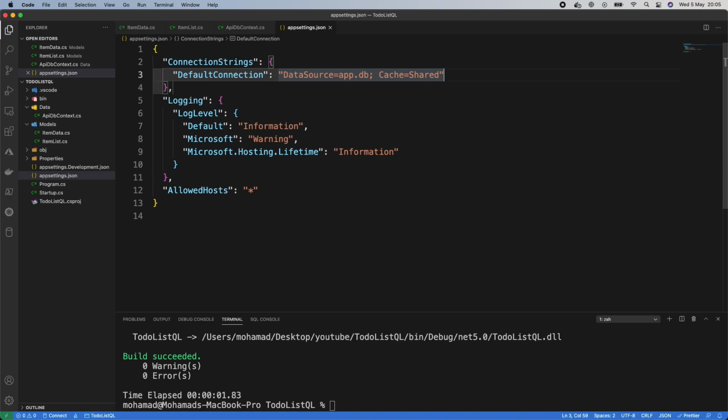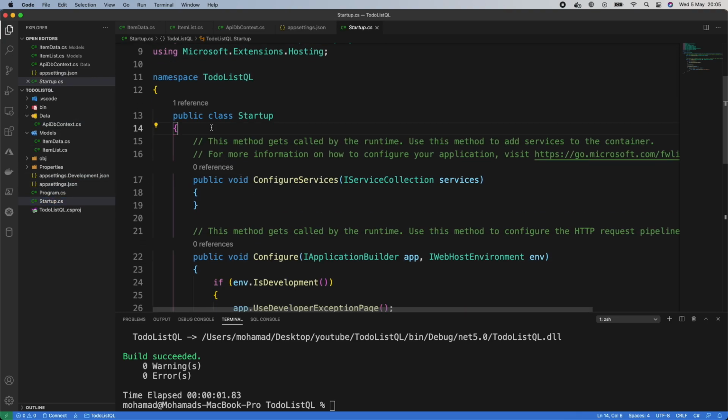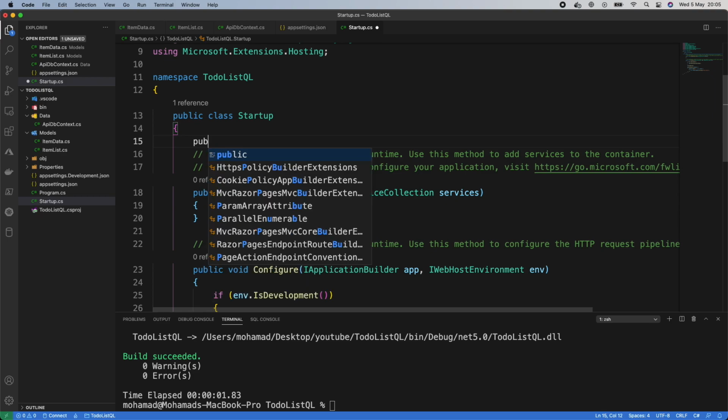Great. So once we have done that, the next step for us is to update the startup class so we can actually inject the connection string to our startup class and utilize the API DB context. So let's open our startup class, and the first thing we're going to be doing is adding a constructor for this startup class, and we're going to be specifying a new variable. So first let's start with a variable. It's going to be public